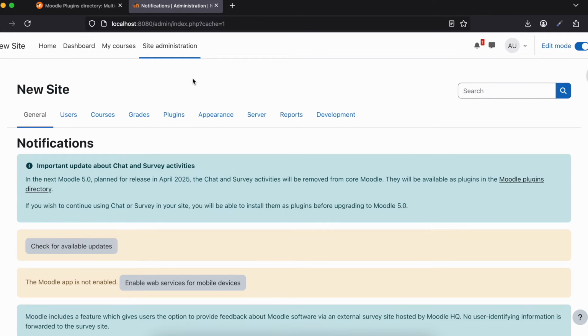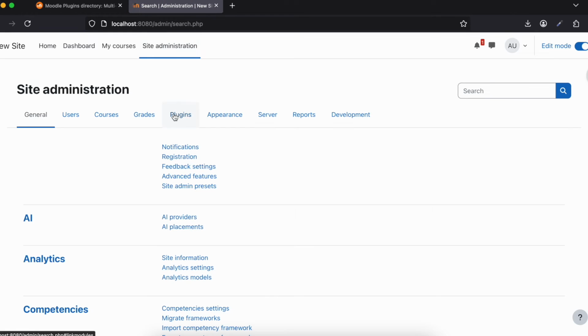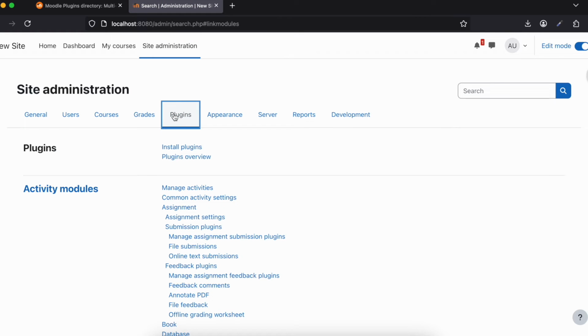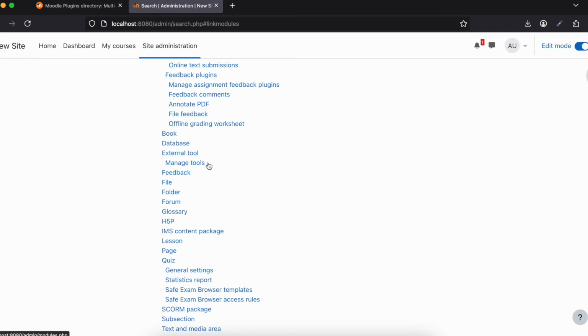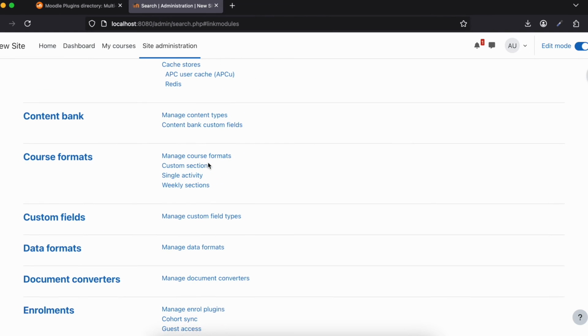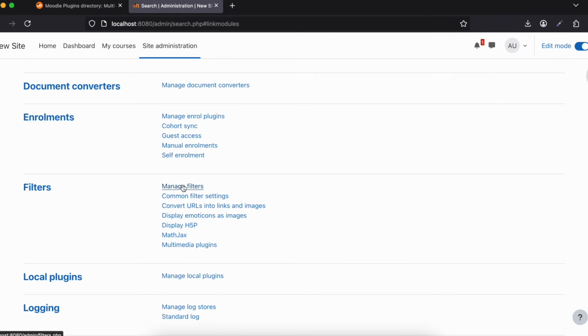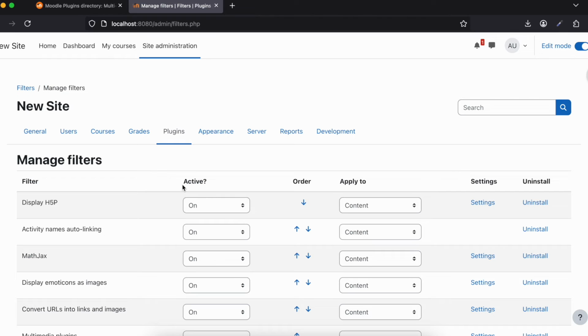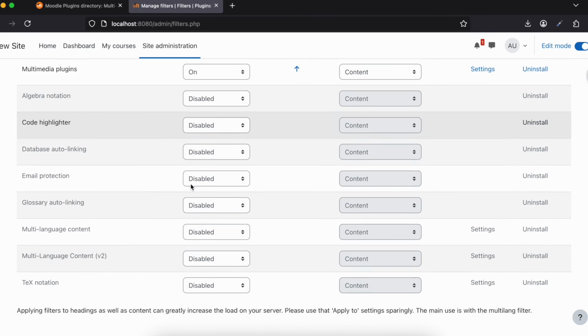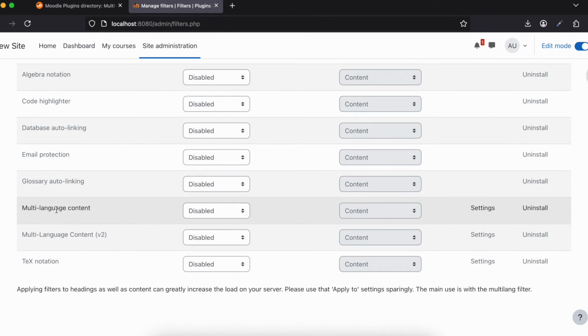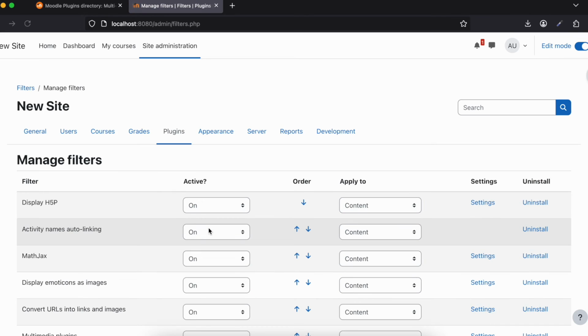Then what you need to do is again go to site administration, go to plugins, and here you will have to search for filters. So I'll just scroll down, filters, click on manage filters. Then here, there are two things. This multi-language content is present by default. Just to be on the safer side, I enable that as well. So I'll just enable it on. Okay,